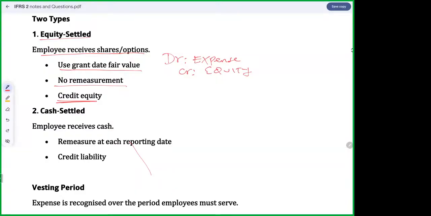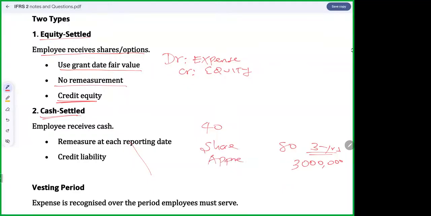And then now we have cash settled. So you see under cash settled, what will be happening, my friends? Under cash settled, we'll give you a contract. We'll tell you, Mr. So-and-so, you are so talented. You are our CEO. Our share price today is going for 40. Should it hit 80 in 3 years' time, then we shall give you, say, 3 million Kenya shillings. Like the question that came last semester, they are called share